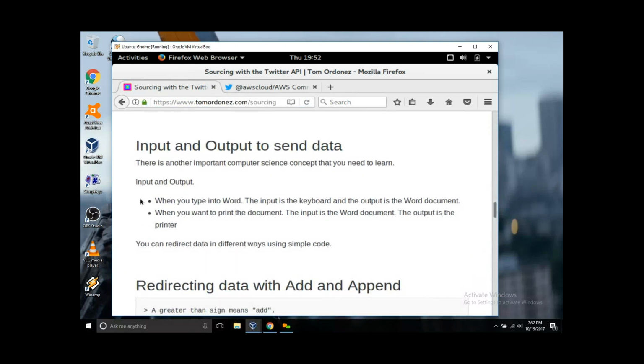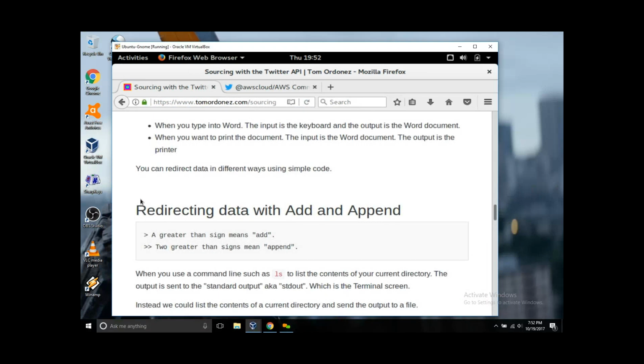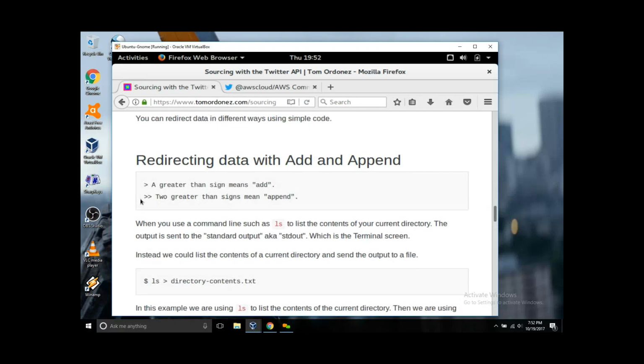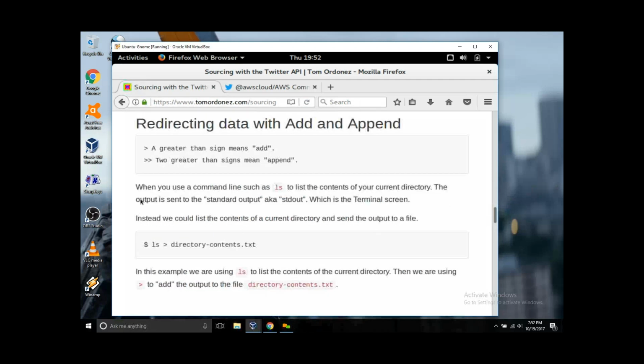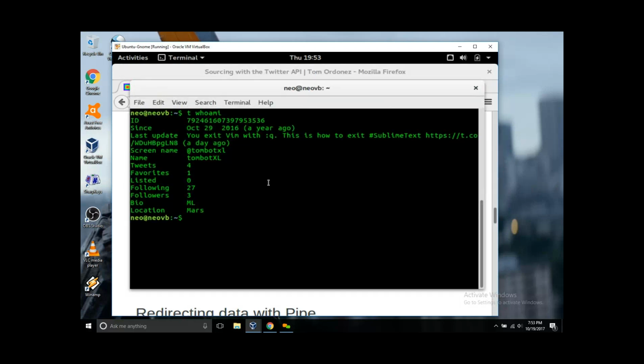So I explained about the input and output to send data. So it's very important to understand, and there's more information in this article here, what I mentioned before, which is redirecting data from one place to another place. One greater than sign means to add. Two greater than signs means to append. So basically, with the first one, with one greater than sign, you will replace the contents of a file. If you use two greater than signs, you will not overwrite the file, but you will add to the file. So I don't know if I should remind you a little bit of the Linux commands